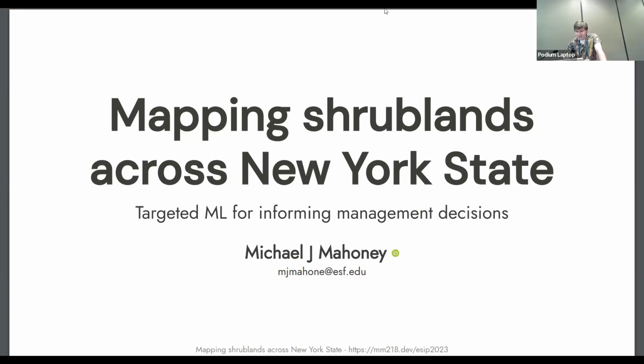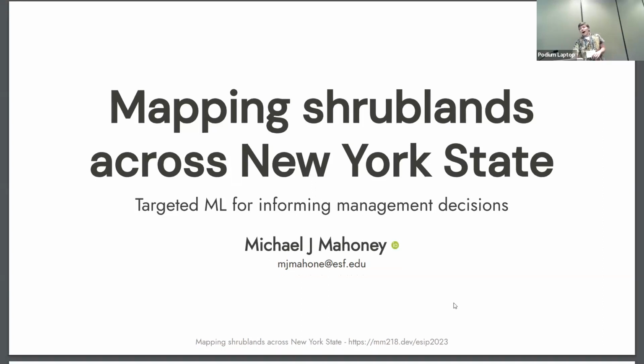But if you are interested in the specifics of how this all came together, that book chapter is available entirely on GitHub in Quarto, which is the successor to R Markdown. So the actual code and data and everything is embedded in the book chapter that then renders out to PDF.